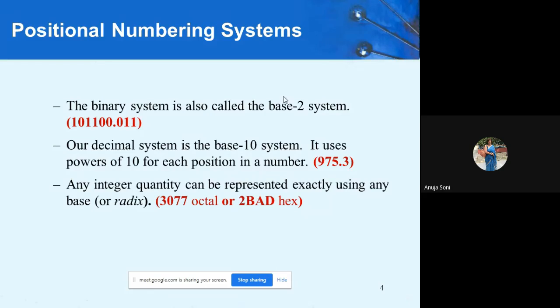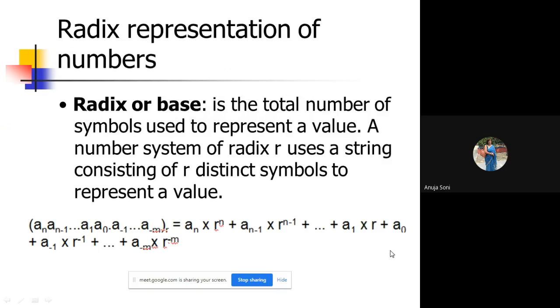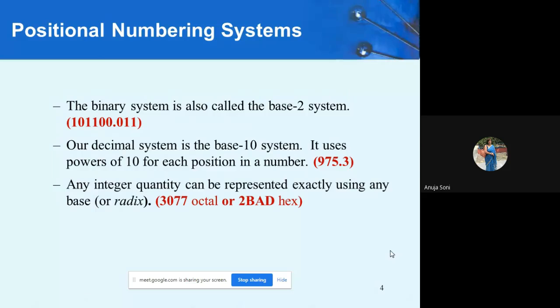Why? Because here four symbols are being used, 3, 5, 7, 9, and all of 3, 5, 7, 9 are part of the decimal number system series as well as the hexadecimal number system. So it all will depend on the base. If the radix or the base is 10, it will be in decimal number system, else it will be in hexadecimal numbering system. This is another example, 3077.